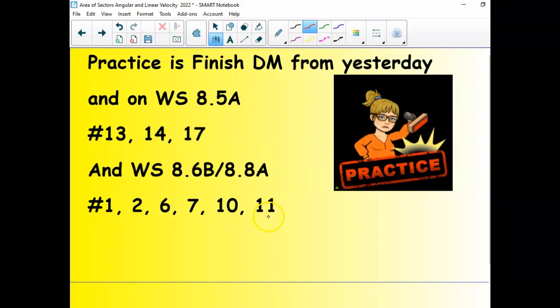And then go back to 8.5A, that was the arc length and area of a sector ones, and just circle 13, 14, and 17. These are arc length, no, area of a sector, actually. Arc length is in Delta Math, but none of this other stuff is in Delta Math, so I have to assign it on a worksheet, okay? Delta Math is based out of New York, and apparently New York standards don't include